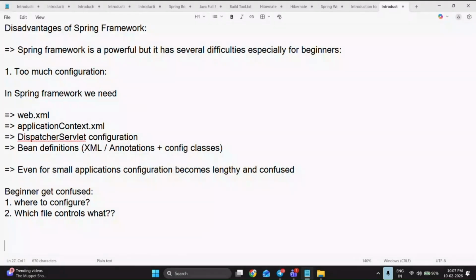This is the first configuration disadvantage. What is the disadvantage? Too much configuration. We need to create all these types of files and do all these things manually in order to run our application. Okay. Second,